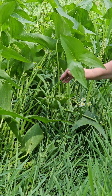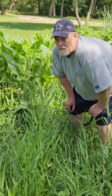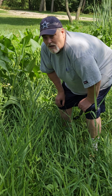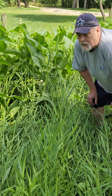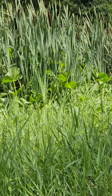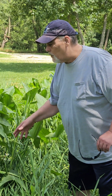And for the Native Americans, this is a vital food source, so much so that they would deliberately take the tubers and move them to other areas to establish new colonies of these plants. They always grow in very wet areas. You can see that there's cattail here behind us, which is also really vital. Every bit of it is edible. But with the arrowhead,